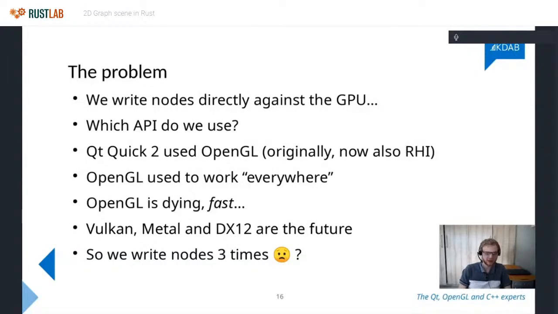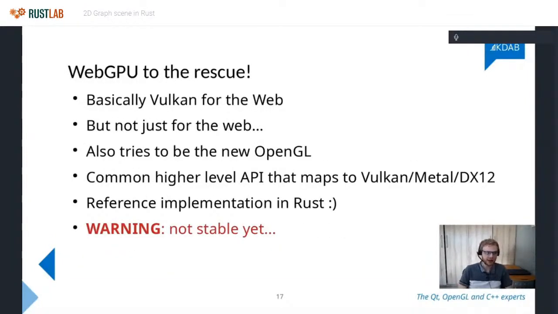And then, as I said at the bottom, the question is what do we do? Are we going to need to write our nodes in all three of these frameworks all the time? That sounds quite shocking. And I think the answer is actually no. Luckily, there's been another new recent development by the name of WebGPU, which, as far as I can tell, and in my opinion, is kind of like Vulkan for the web. We had WebGL, which was basically OpenGL for the web, but this now tries to be in the style of the more high performance libraries.